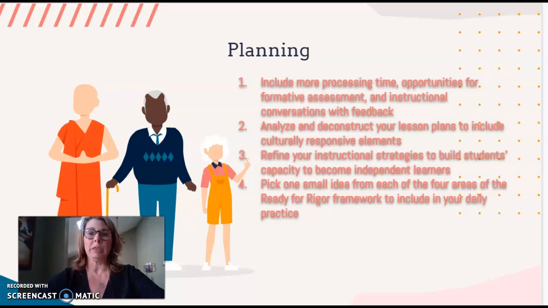Implementation begins with strong planning practices, well thought out, developed plans of action. In our lessons, we need to incorporate more time for our students to process. That wait time may be uncomfortable, but it is valuable for our learners. We have to provide different types of formative assessments, and we need to have those immediate instructional conversations that provide